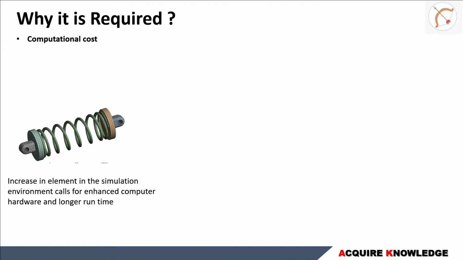We know that increasing the number of elements or nodes in a finite element method drastically affects the simulation time. And in order to counter those things, either we have to live with the increase in the simulation time or we have to use enhanced computer hardware to speed up the simulation. But there is another approach. Suppose we replace this spring behavior by using some other spring elements that are present in Mechanical, then you will see a drastic reduction in the computational cost. At the same time, the accuracy is not going to be compromised.